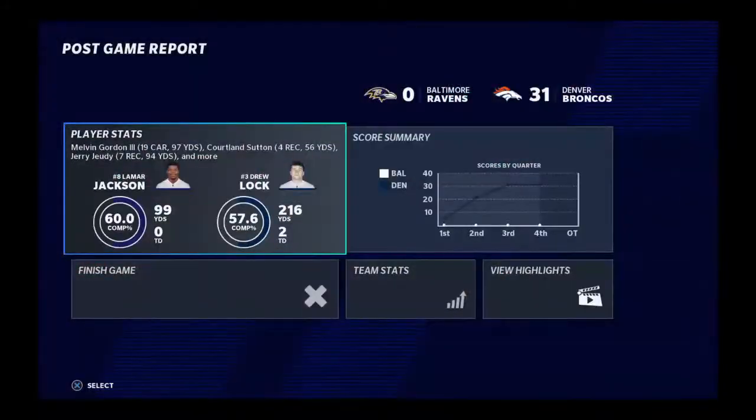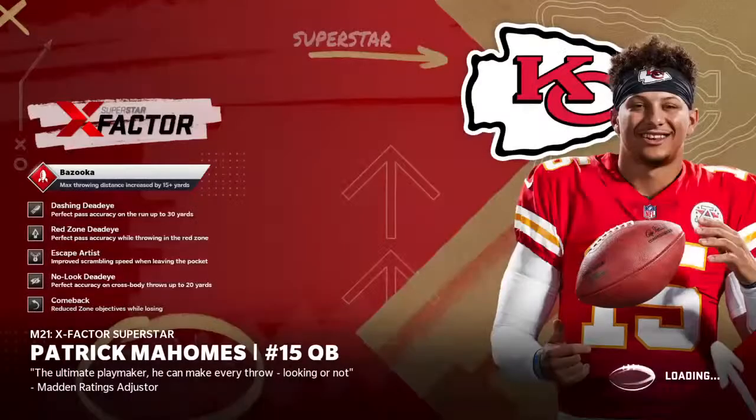So for the Broncos, they use the favorable early schedule to their advantage as they move to 2-0. And they'll have another home date next week as the New York Giants